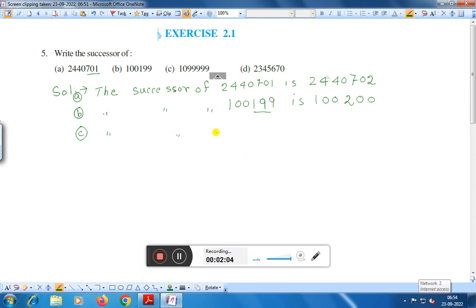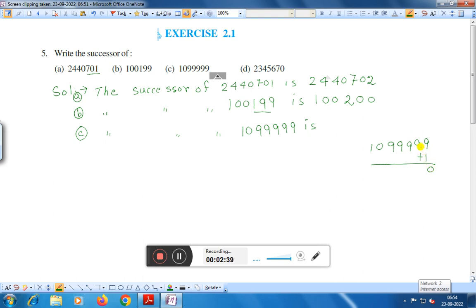The successor of 10, how many 9 are there? 1, 2, 3, 4, 5. That means you have to add 1 with this number. We are adding 1, right? 9 plus 1, 10,